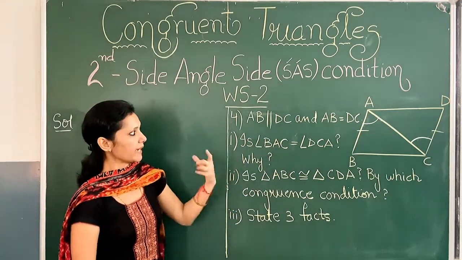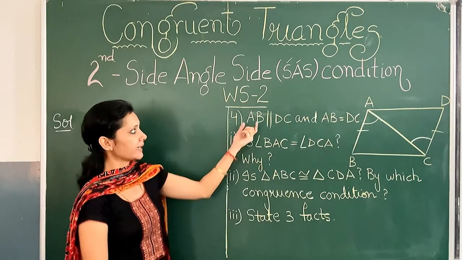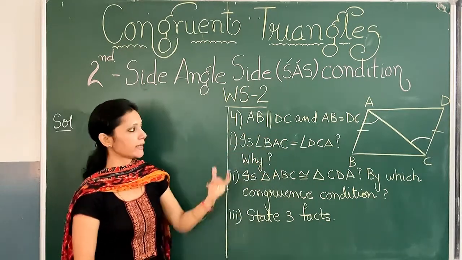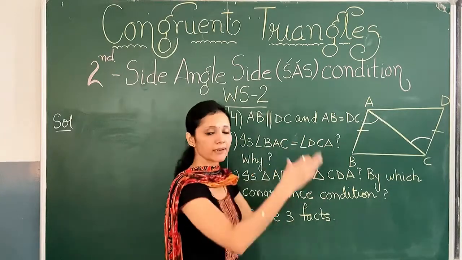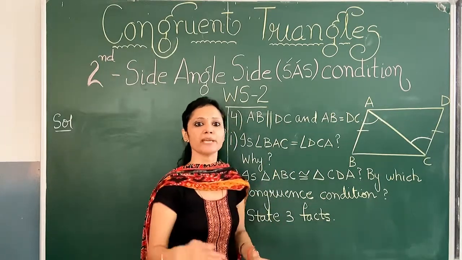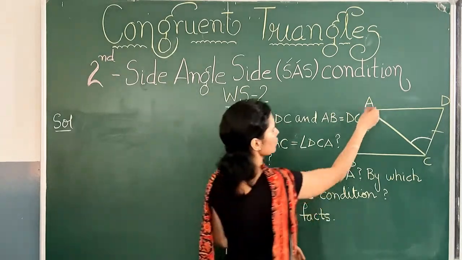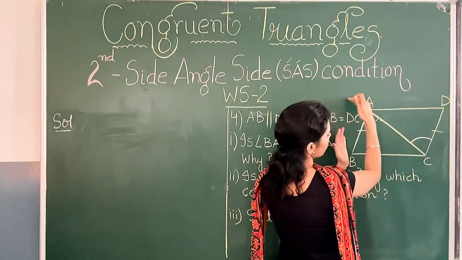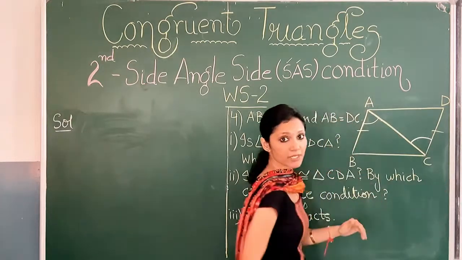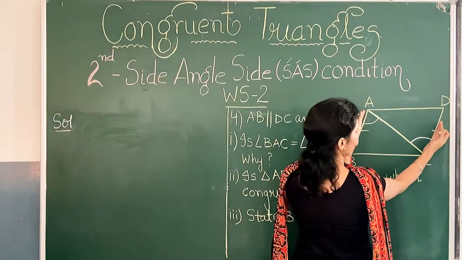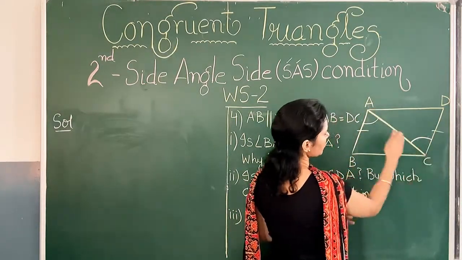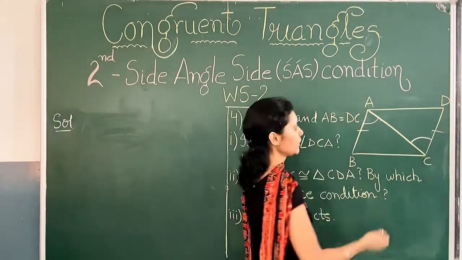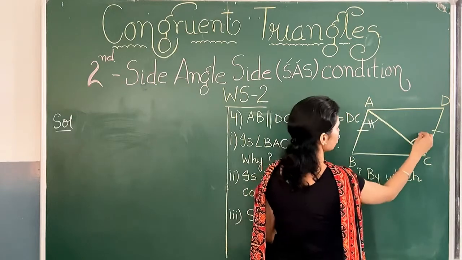Now whenever it is given in the question that a line is parallel to the other line, it should quickly strike you that here the concept of parallel lines and transversal would be applicable. These two lines are parallel, and as you can see they are cut by a line AC. So whenever two parallel lines are cut by a transversal, these are the alternate angles and they are equal. So we can say that these two angles are equal.